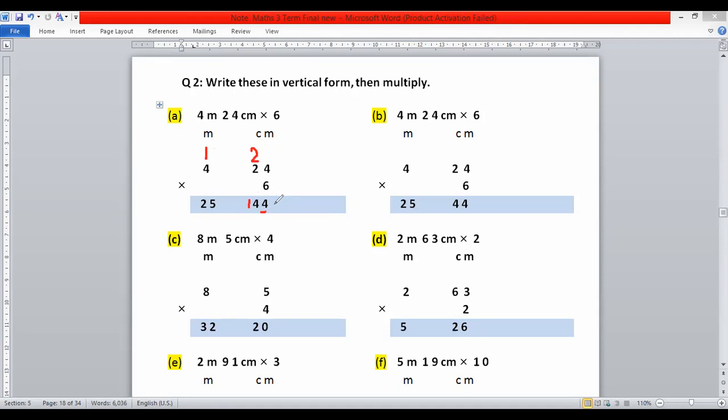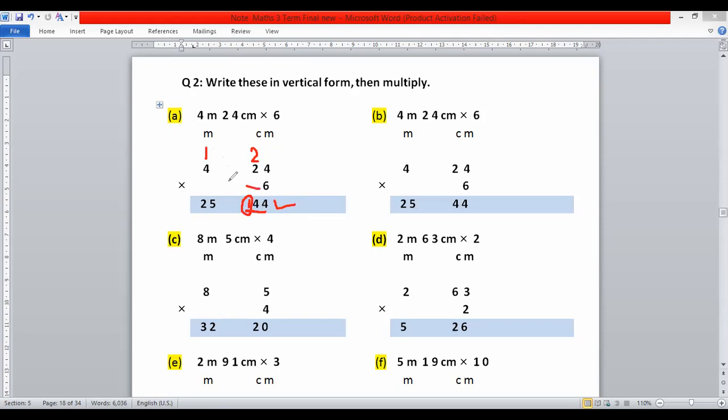So in 144 centimeter, we can convert 100 centimeter into meter. Therefore, we will carry 1 here. So we are not writing 1 here. Here we have 144 centimeter. So this 100 centimeter we change into meter. We know that 100 centimeter equals 1 meter. Dear students, here we have 144 centimeter. So we write 44 here, and 100 we change into meter.